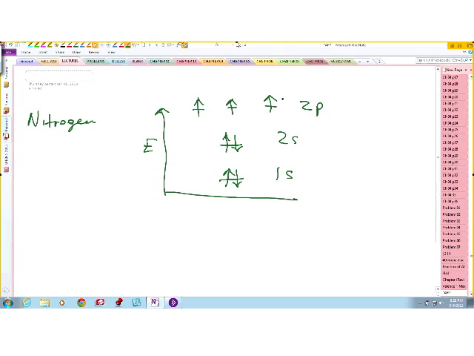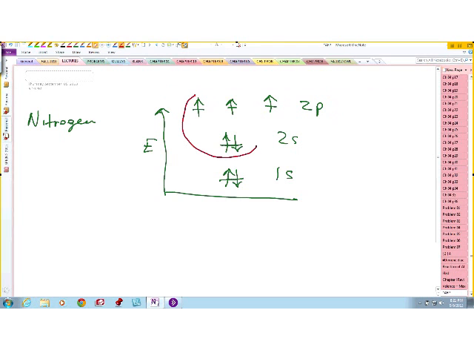Okay, so now how many more electrons do we have to go? It's all gone, right? For nitrogen, what's the atomic number? 7. So we have 7, right? Okay. Now,